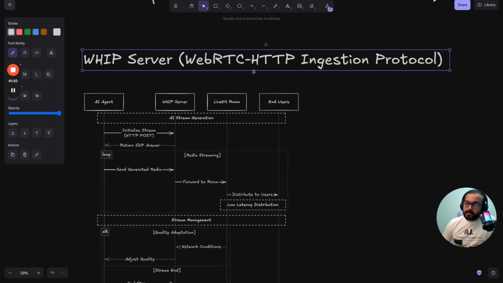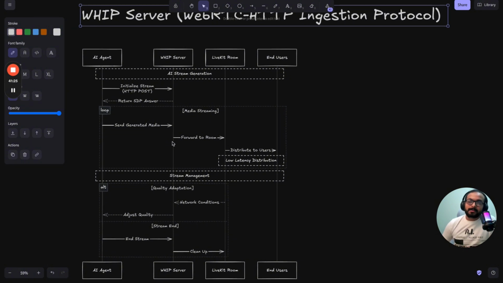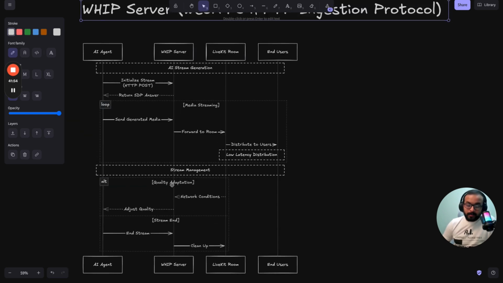Because it is using the WebRTC HTTP ingestion protocol, that is the reason why these WebRTC powered AI agents are so fast, because this protocol ensures that the media streaming happening through WebRTC is low latency distribution. So you see, there are so many benefits of using a proper WebRTC system to make your web agent or your AI agent architecture really stress free, as we are going towards more multimodal AI with vision and other capabilities,